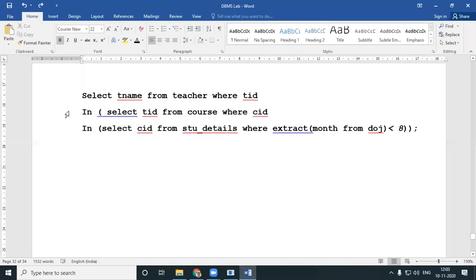We'll write on the same query. Select teacher name. So the only change is not less than only September. Between, right? So either it should be greater than 8, or between, right? So and